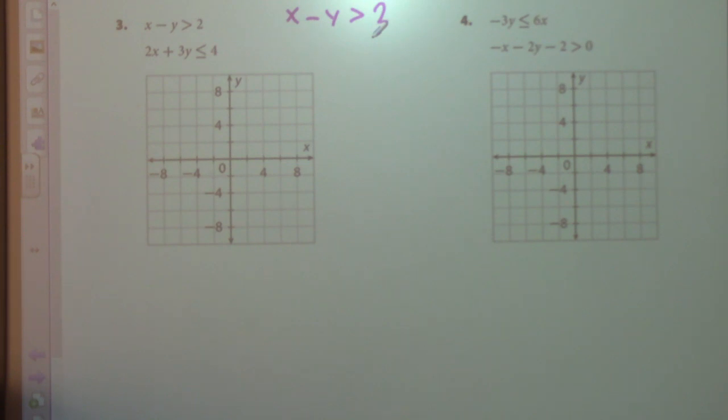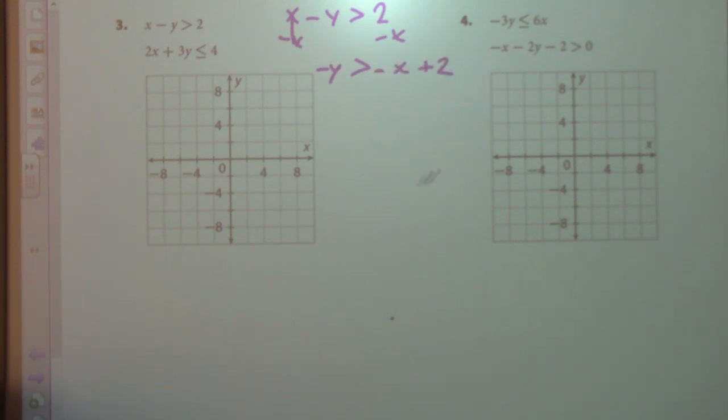Subtract, so we're going to subtract x. Thank you. Okay? So we subtract x. So now we have negative y is greater than or equal to negative x plus